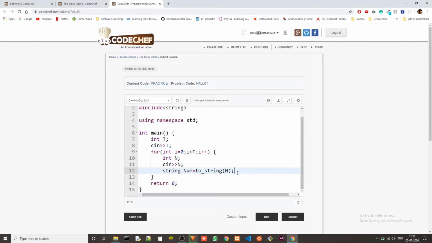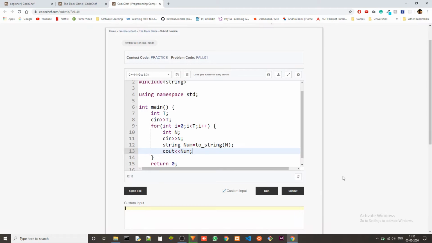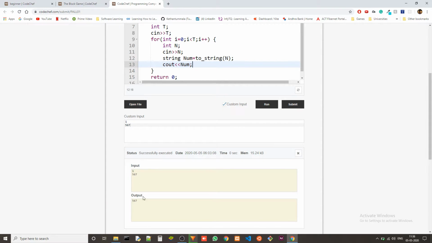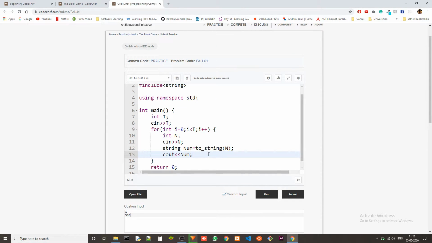Let's just check it quickly. Let's just output num. Let's say we have 567. We should get the same thing, 567 here. Yeah, that's what we got. Okay, so this is working.